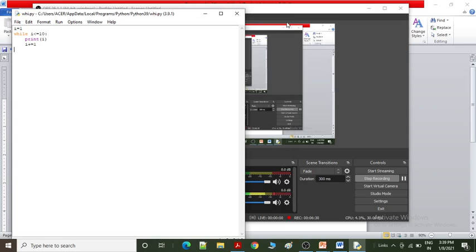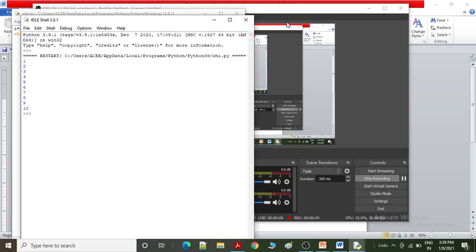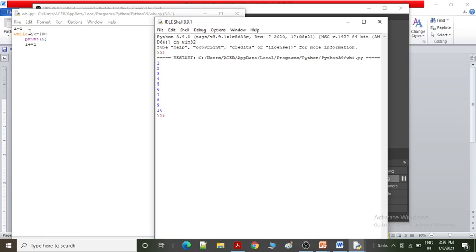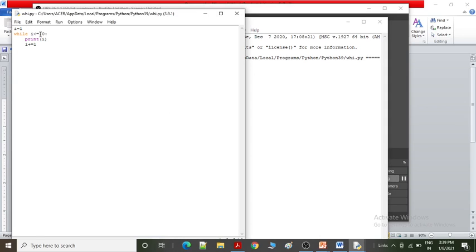So let's check the program. Use Alt R, run. It prints the data from 1, which is the initialized value, and it will print the data till 10. Look here: because of this equal operator, it will check the data equals to 10.